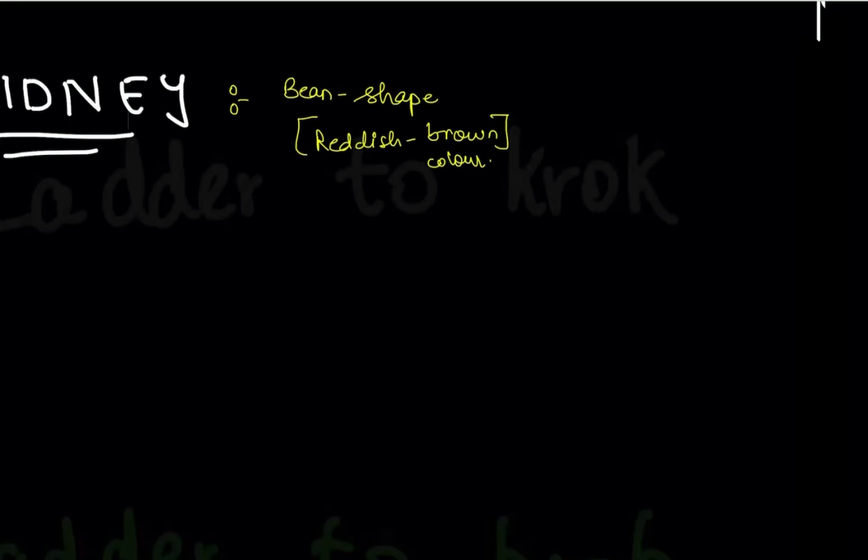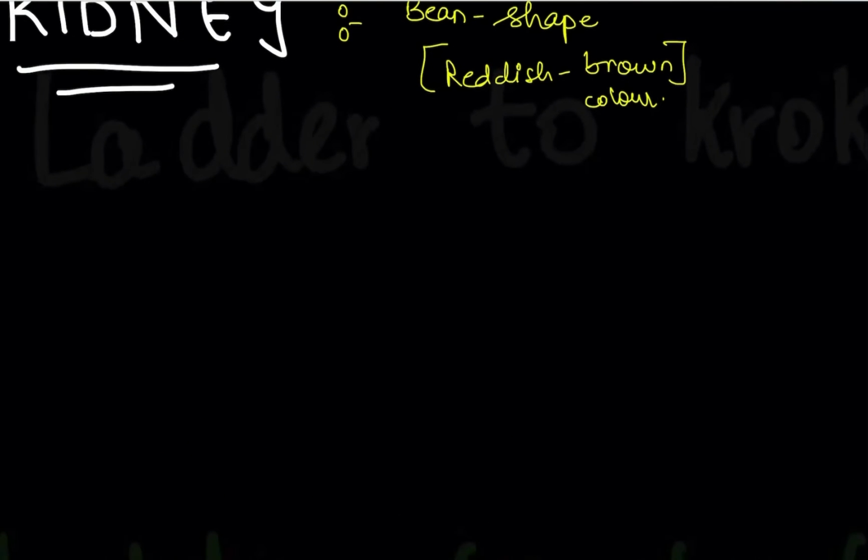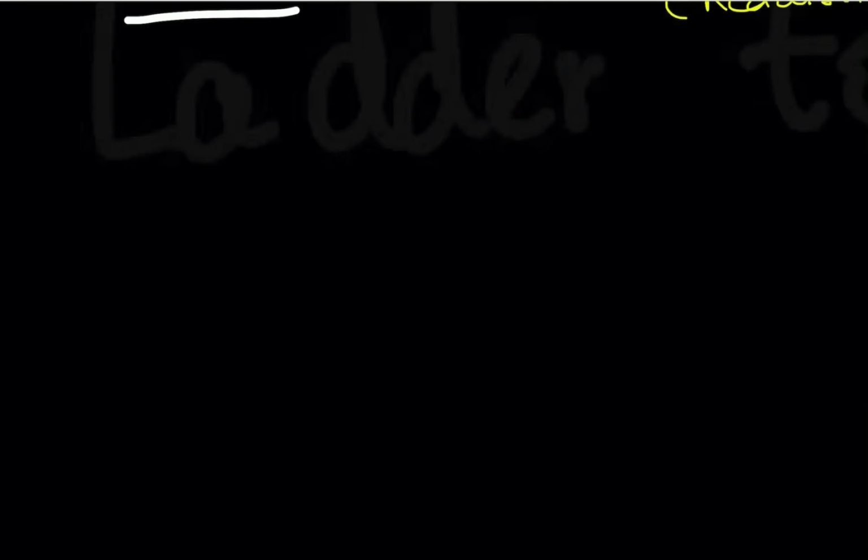Now let's look at something called metanephros. This metanephros is related to the embryological period. So first write down the topic, metanephros. It is related to Cronk, so I am only giving you the information that you should know as per the Cronk. You just have to remember this: metanephros gives rise to the adult kidney.